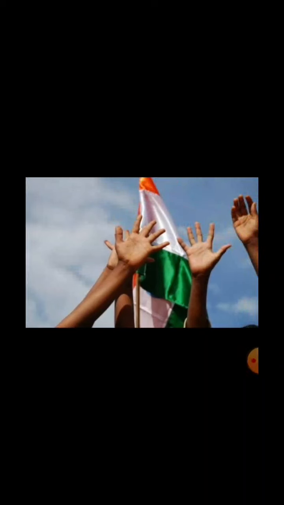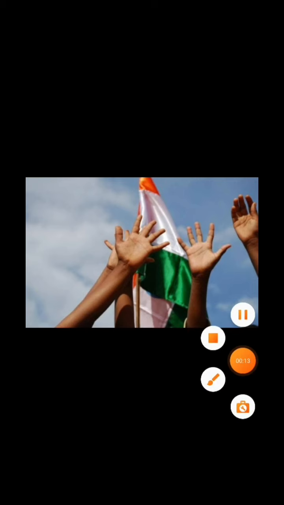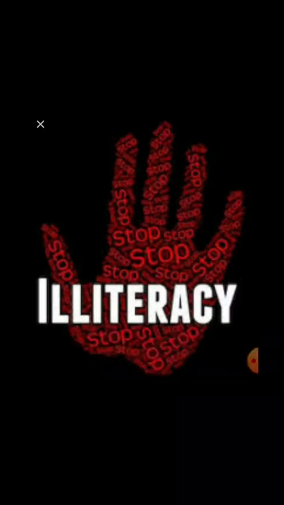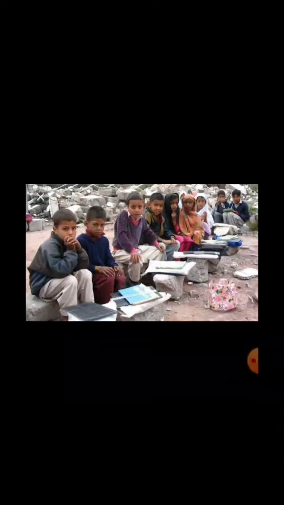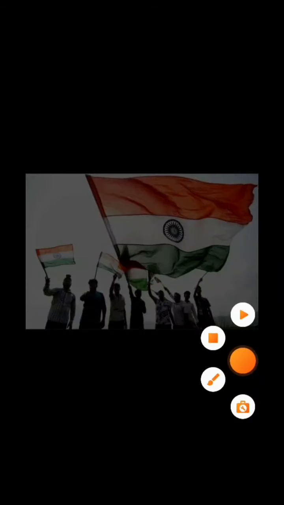When India won independence, we faced a great challenge of establishing order and carrying out smooth administration. Eradication of poverty, backwardness and illiteracy had to be urgently pursued.